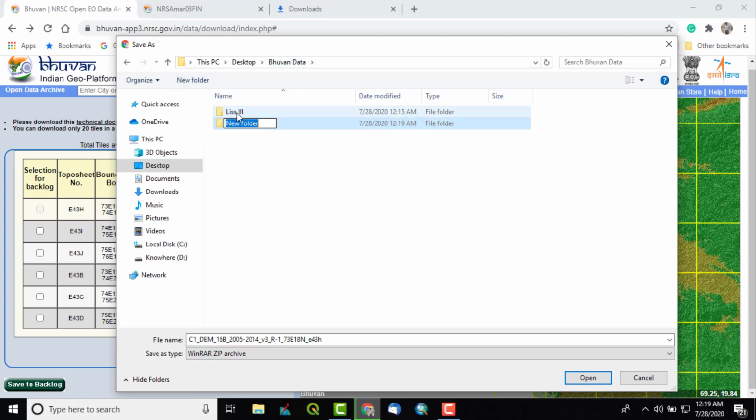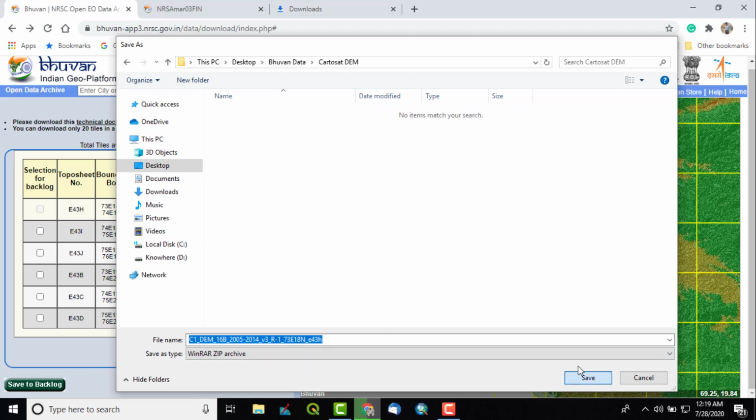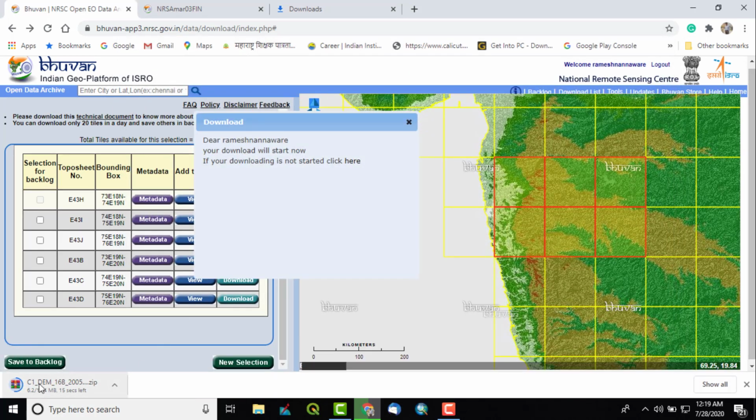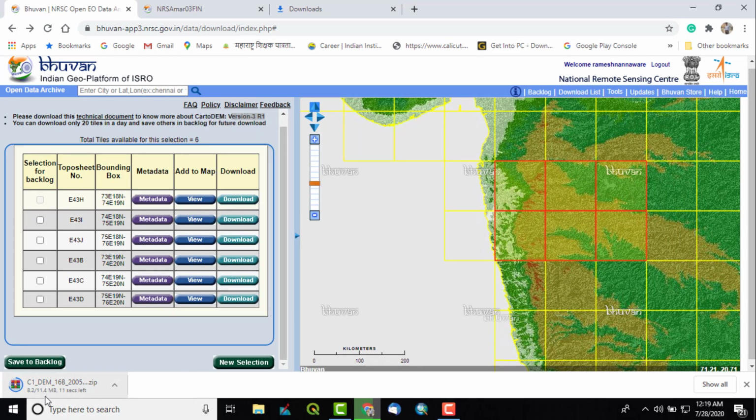I will prepare a folder, Cartosat, and I will click on that and simply click on save. It will get downloaded within a minute, since it is hardly 10-12 MB of data. In such a way we can download digital elevation data also on this particular web portal.